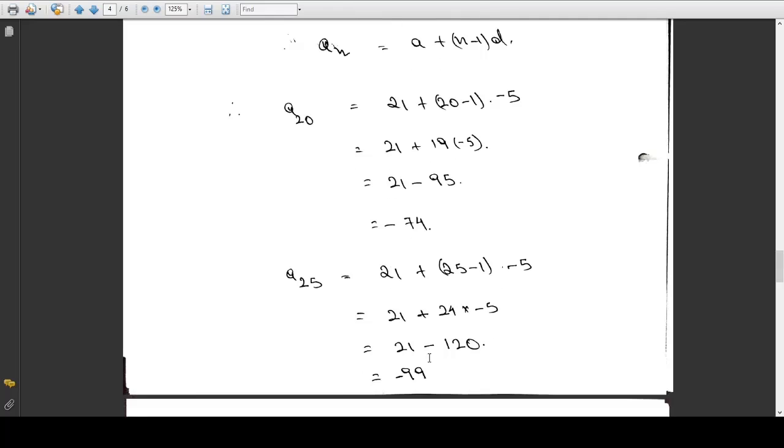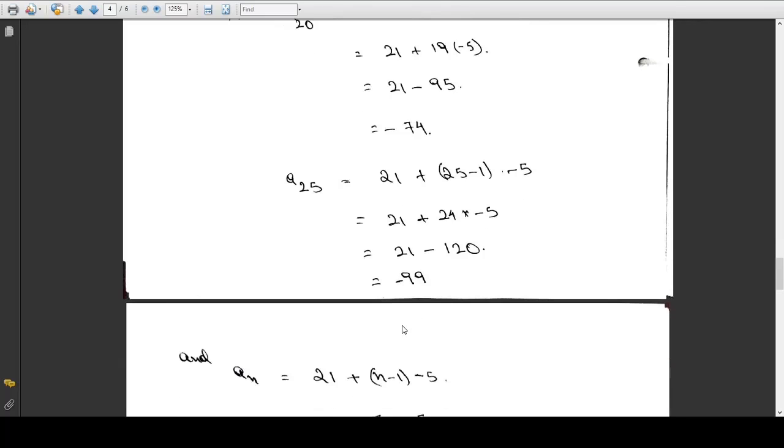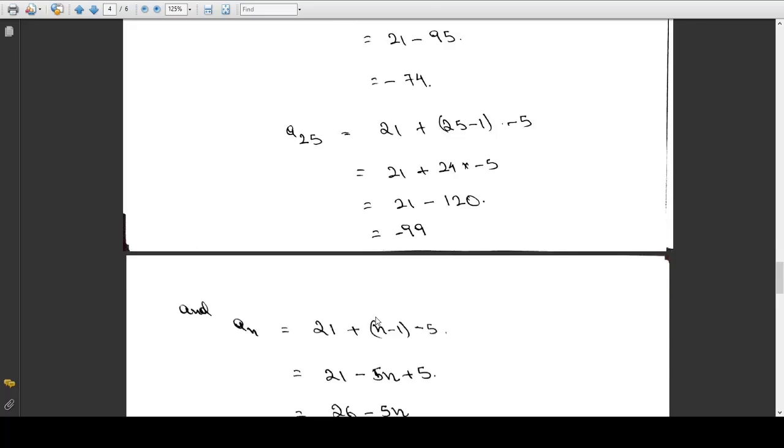Here also plus minus minus, 120 minus 21 will give us 99, sign minus is greater. Okay, and the last one we have to find the n, that is the nth term. A is 21, n is n itself because we are finding the nth term. N minus 1 multiplied with minus 5, and 21 here instead of plus, because this minus with this plus will